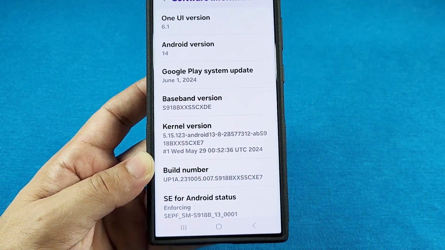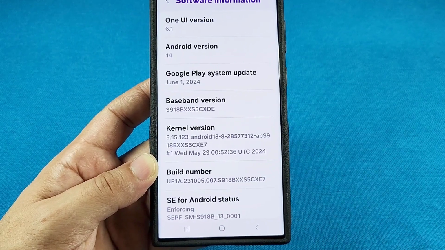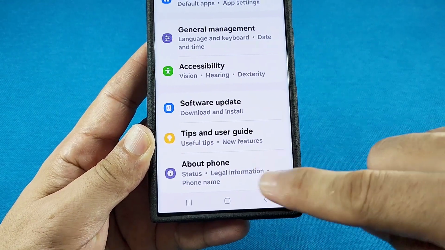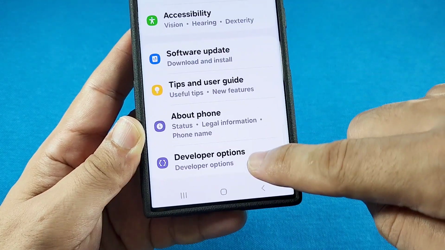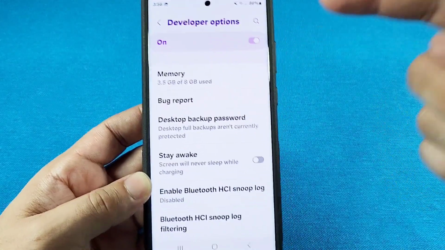Once you tap on it 7 times, you'll probably be prompted to put in your password for your lock screen. And then once you're done, come out of here. You'll be in the About Phone section here, and just go down and you'll see developer options right there. And as you go into it here now, make sure that's turned on, and you'll just go